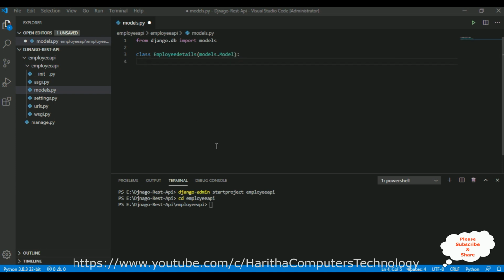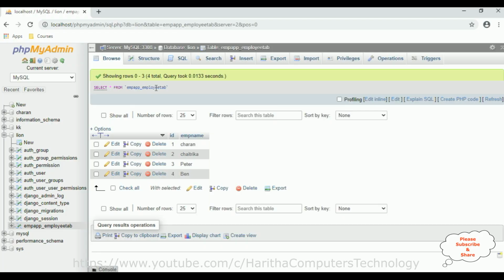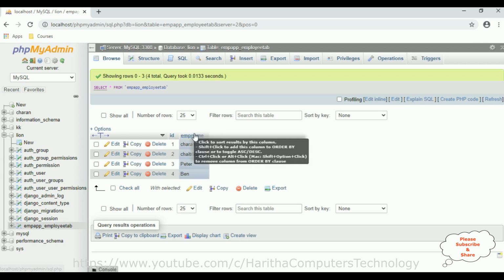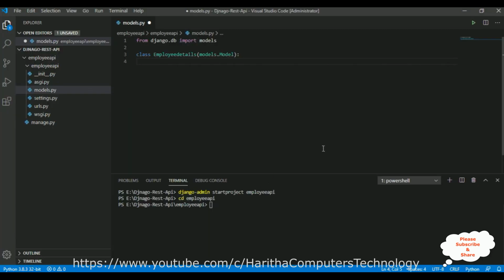If you check in our table, it contains two columns, ID and emp name. I'm adding the emp name property. Emp name is equal to models.CharField, max underscore length is equal to 100.